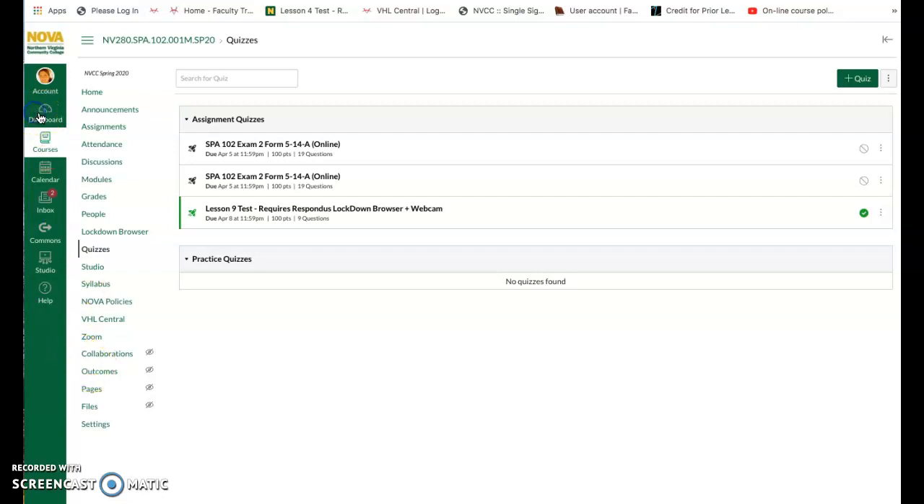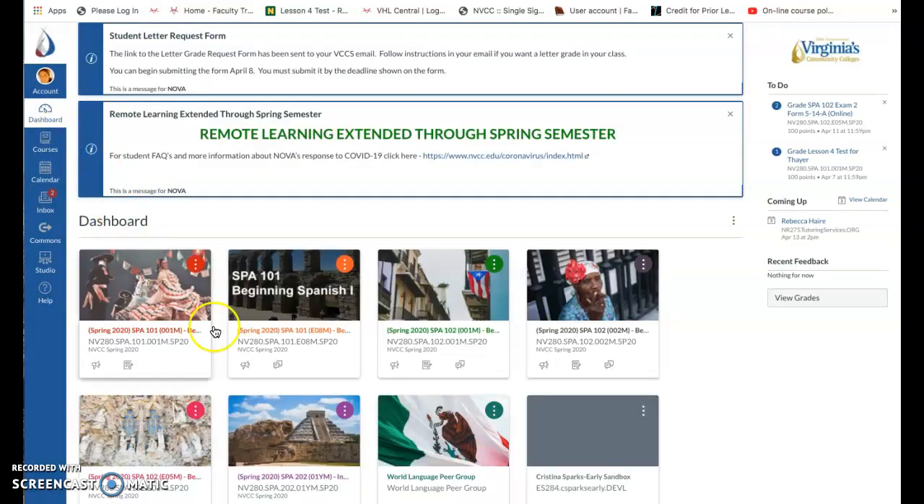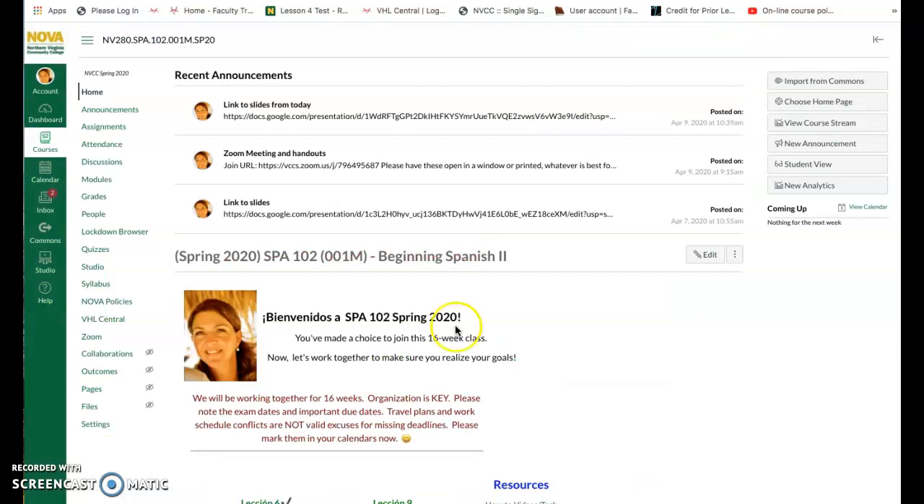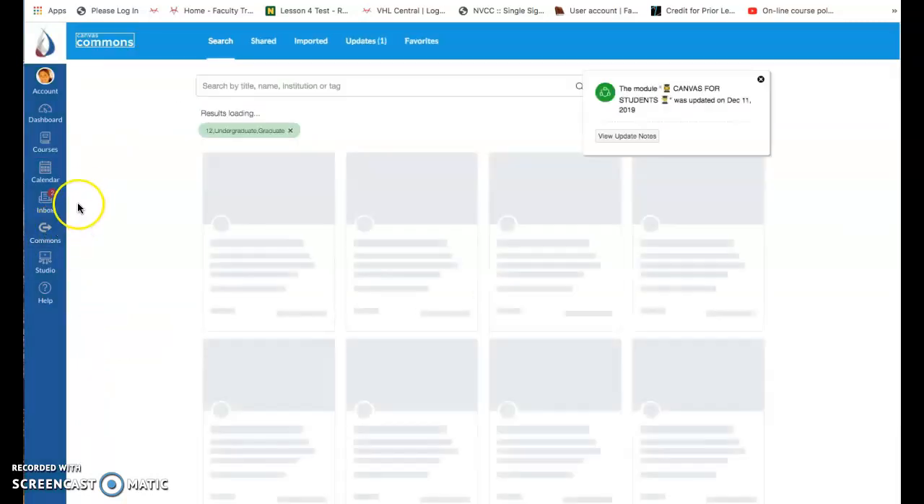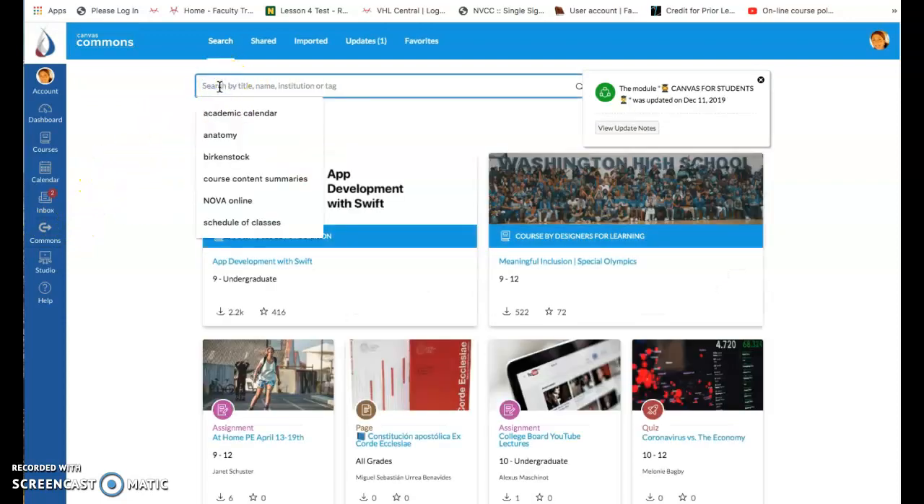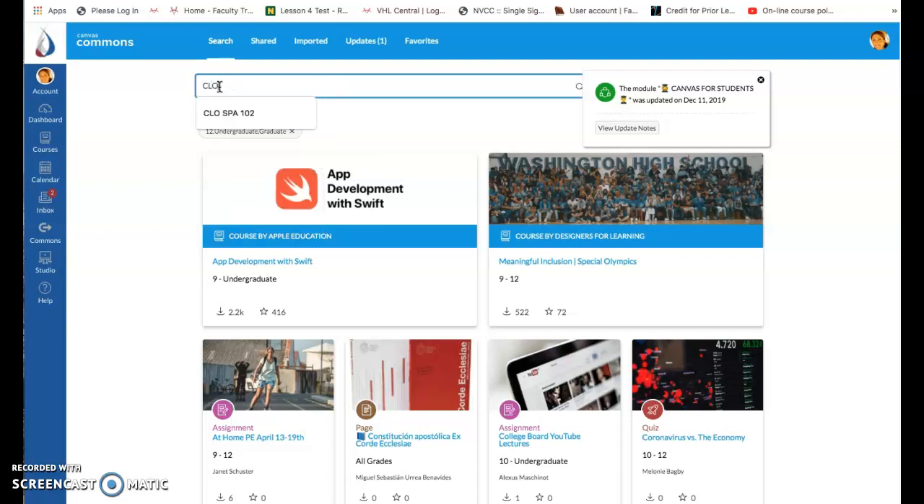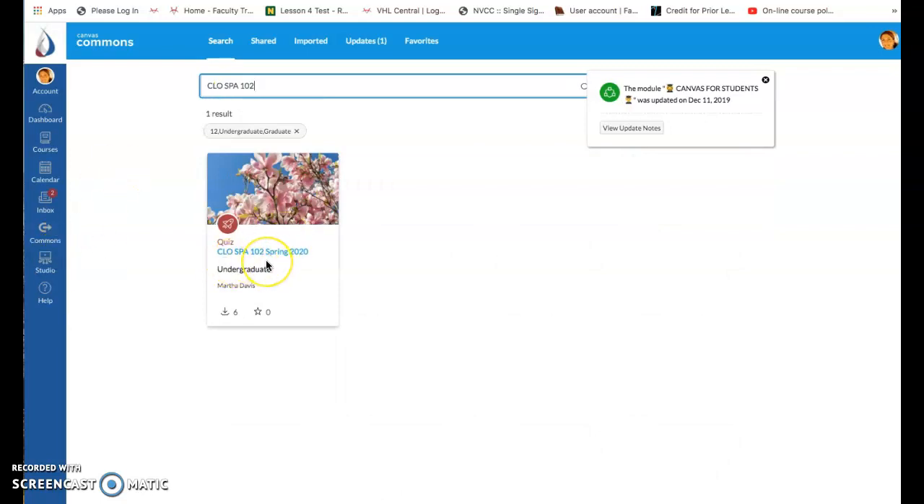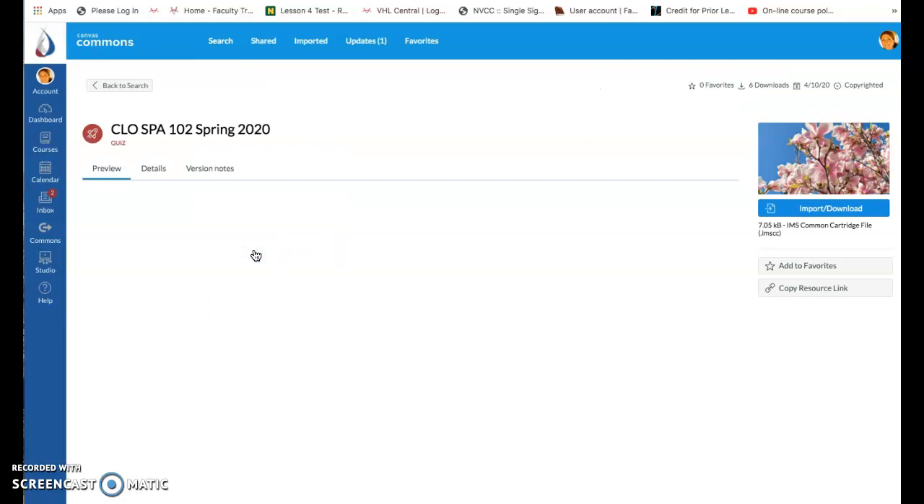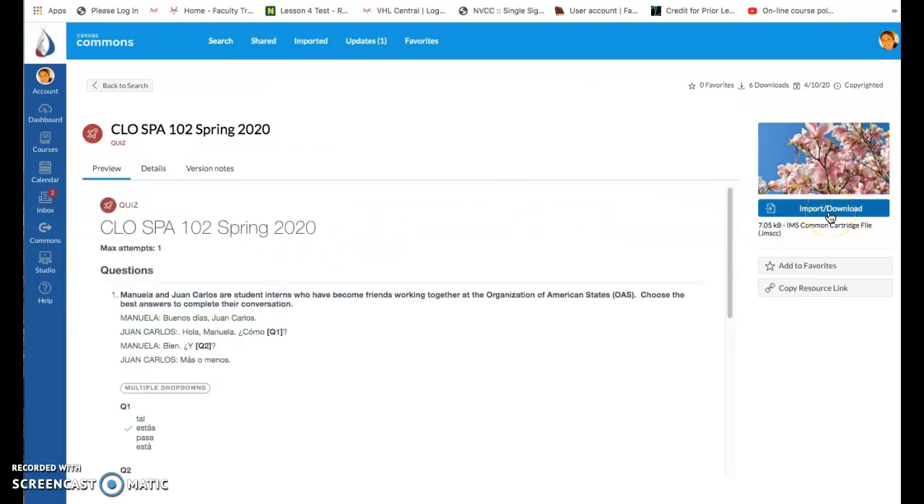So the first thing you're going to do is from your dashboard, pick your Spanish 102 class. On the left-hand side, click on Commons. In the search bar, type in CLO SPA 102. And here are the two questions that Martha Davis created and put on here for us. Click on it, and on the right-hand side,